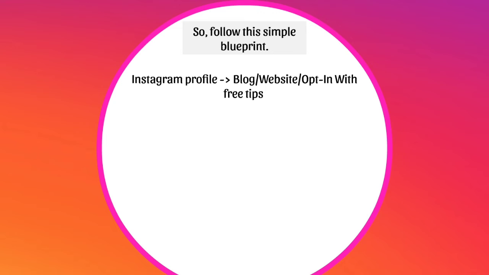But at the end of the day, you can use an opt-in with free tips or a squeeze page to build your list first. Because what I found is that a lot of times it takes 7 to 12 times to actually touch the person, get to know them before they actually buy. So what I mean by touch points is emails. It could be 7 to 12 different emails after they sign up for a freebie.